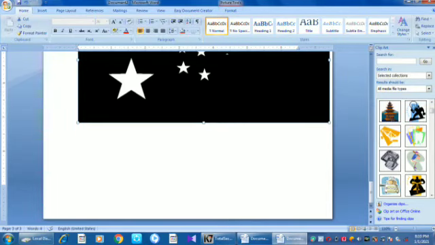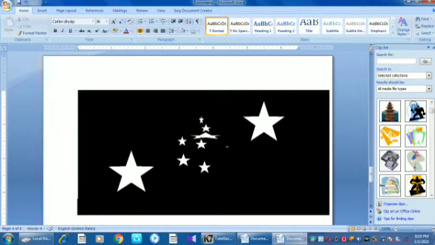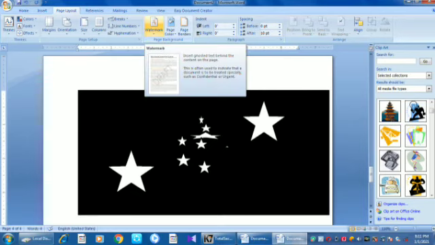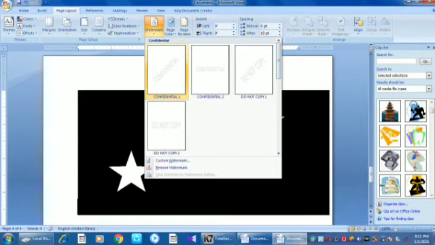Then next we can insert the watermark. What do you mean by watermark? Watermark is an image that appears behind the text. Any text that can appear behind the text, that is called watermark. To insert watermark means first we go to the page layout tab. In that click the watermark options here. In the page background group we have to click watermark. These are the default watermarks available.